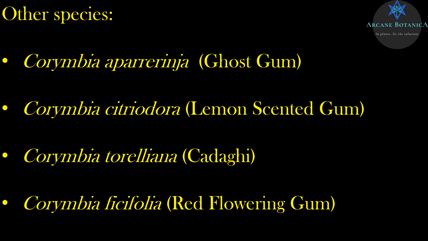Corymbia citriodora. This is one that's been used extensively in urban landscaping, maybe in decades past, so maybe from the 70s and 80s or earlier. You can see them in Sydney, and I'm sure a lot of other suburbs and cities as well. They've got beautiful white to pinky white trunks. They grow pretty tall, and they've got a really narrow foliage. The foliage is probably about a centimetre wide, and maybe the leaves are, I don't know, 10 centimetres, 15 centimetres long. They droop down, they weep, they smell like lemon.